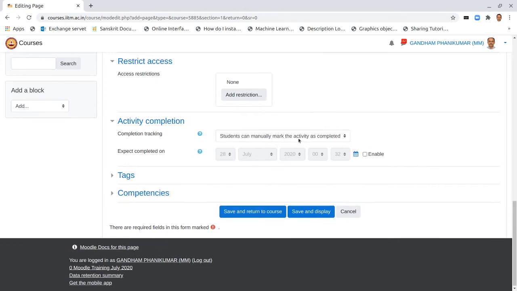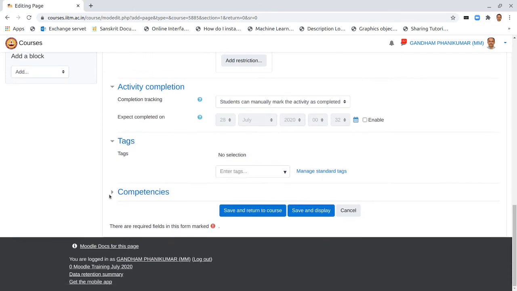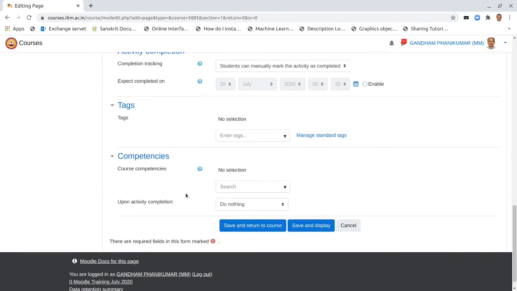You can also make it such that the students can say that they have completed the activity, and you could set a particular date for the deadline. We just leave it like that at this moment, and we are not entering any tags here, and we are not talking about any competencies that allow us to tag completion of each activity with a certain competency. We could do those things as we get used to this process.